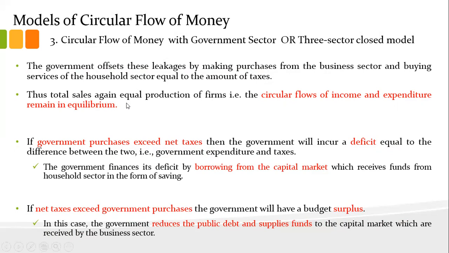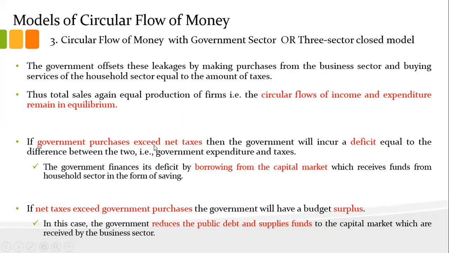The total sales against equal production of the firm, that is the circular flow of income and expenditure, remain in equilibrium. So however much taxes are collected by the government, in the same amount the expenditure or the injection should be given in the form of money, like purchases or subsidies or any other welfare benefits. So those expenditures should happen for the